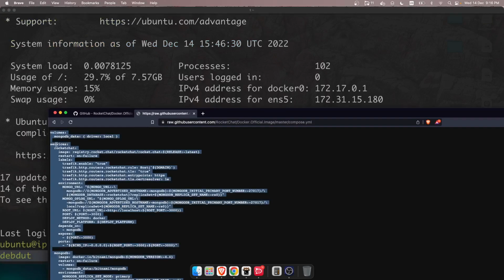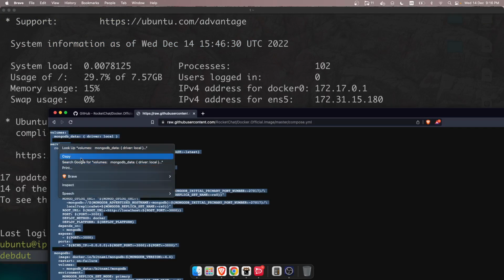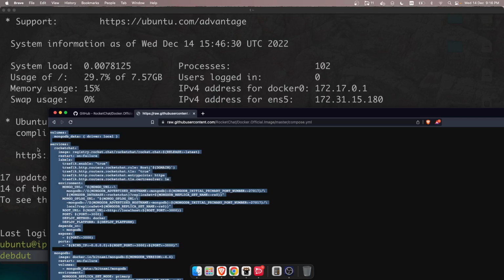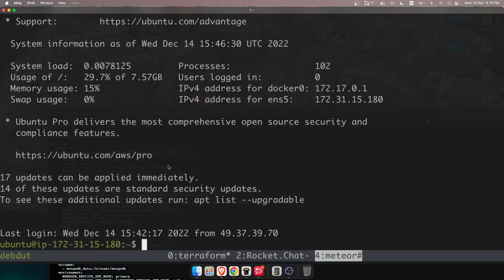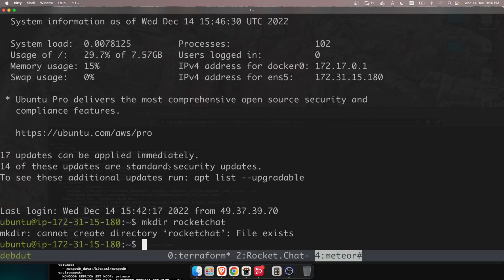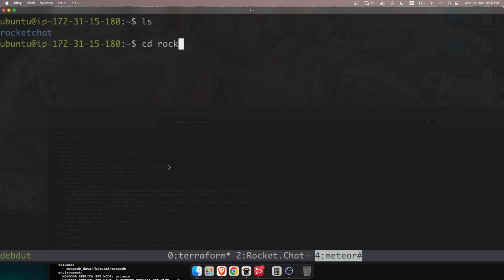And in the meantime, just copy the whole compose file contents, and in here again create a new directory that I just failed to do. Okay. So inside of Rocket.Chat, just create a Docker Compose file. So you can name it docker-compose.yml, which is like the